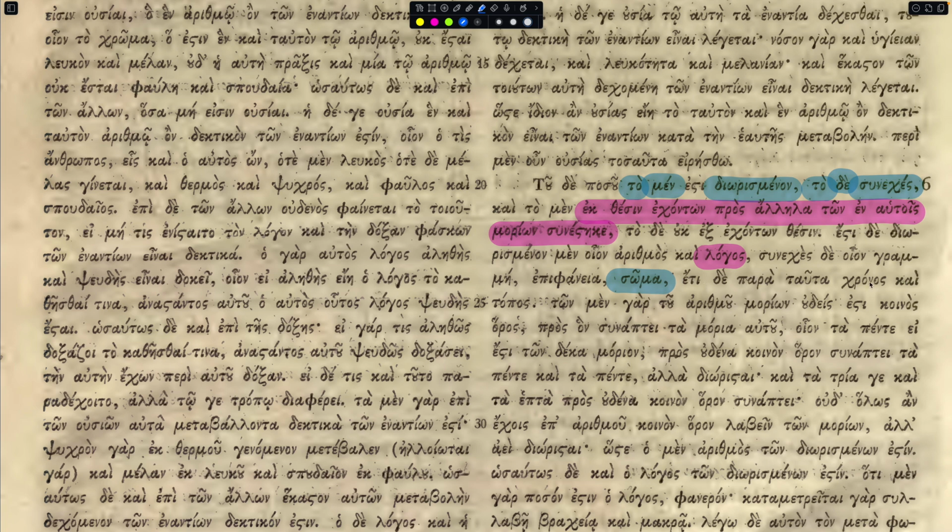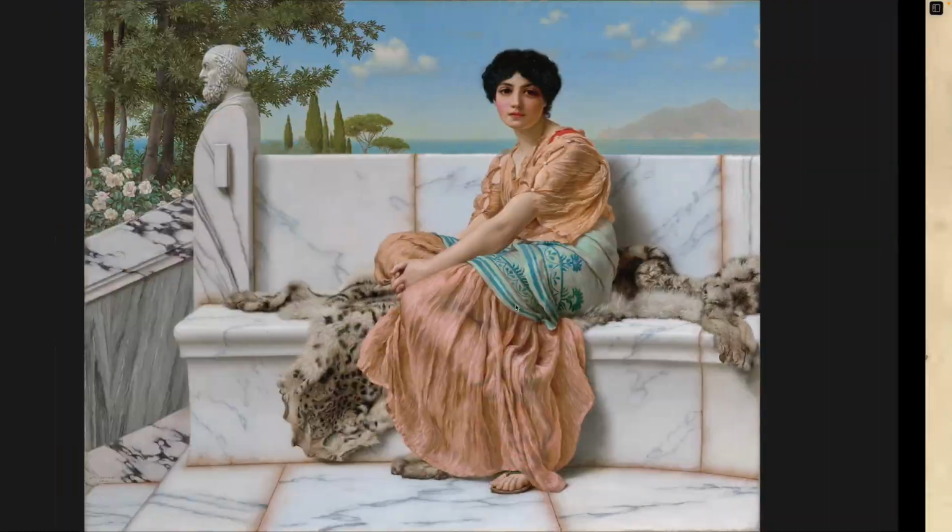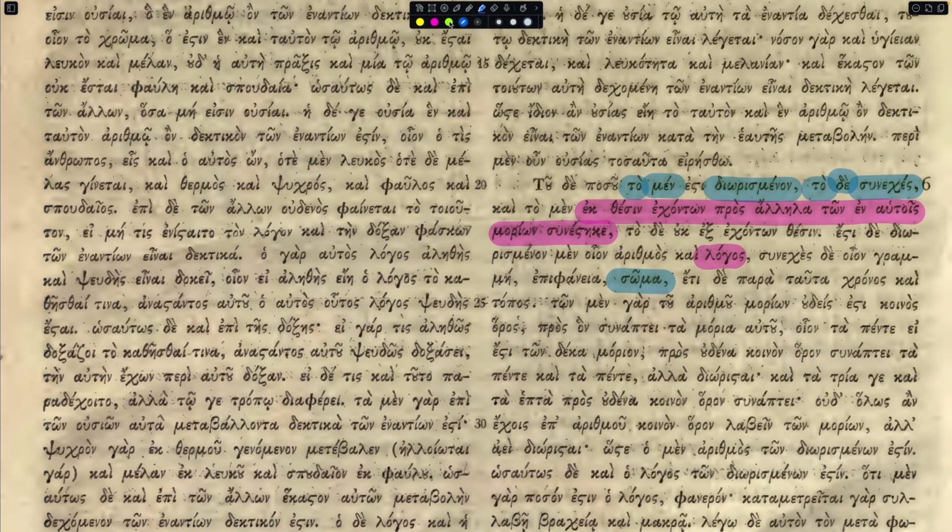Etide para tauta chronos kai topos. So, sorry, I should give you those translations there. So, chronos is time, kai topos is place, right? Time has different words in Greek that you can use. You can use words such as, what's another word? Kairos, all right? Kairos is like a moment in time, or a definable moment in time. So, you can talk about the kairos,